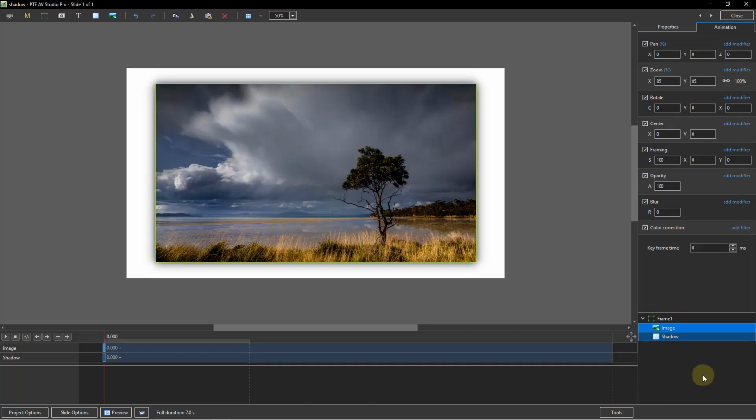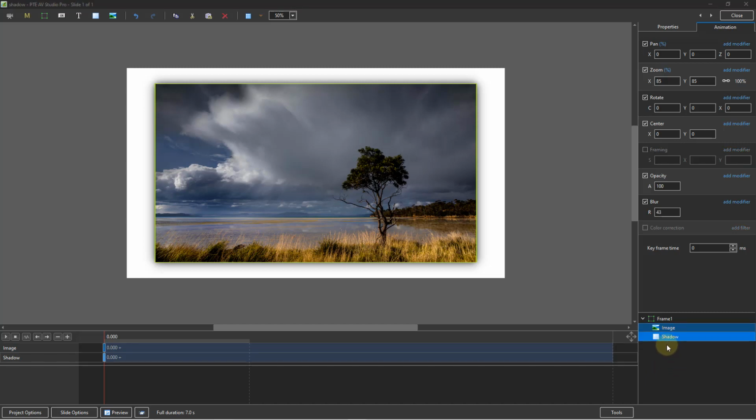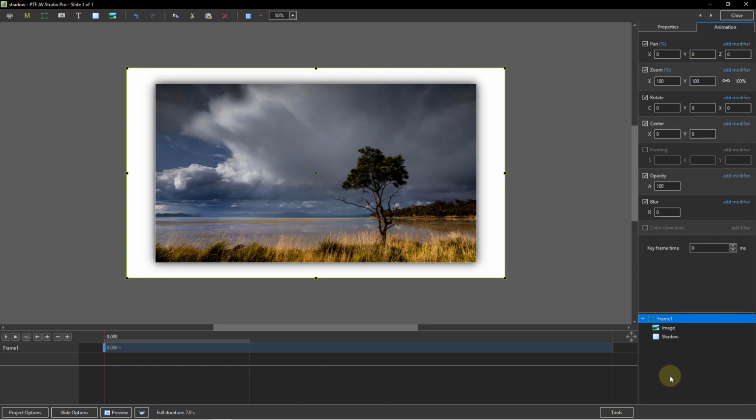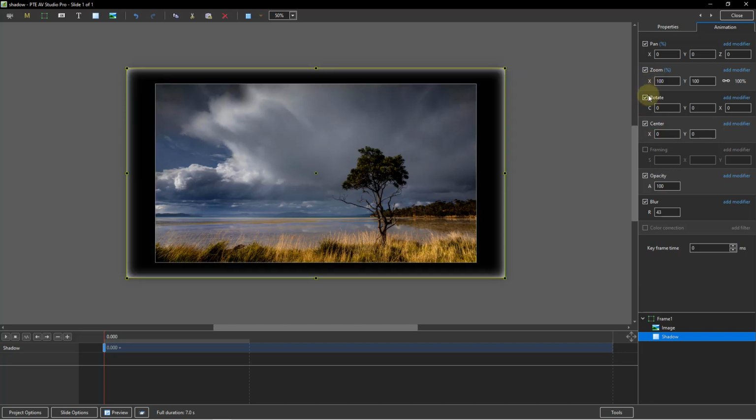Now you can see exactly what we saw a few moments ago, but now we can see once again the parent and child relationship. Now I'm going to remove the selection on the image and the shadow by just clicking into the box. Now because the frame can control both the pan and the zoom we applied to the image and the shadow, 85% if you look up to the top right, well, we didn't need to do that. So what I'm going to do is to reset both my shadow with a double click, my image with a double click,